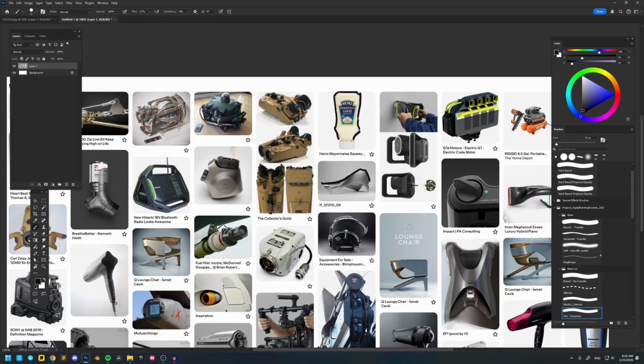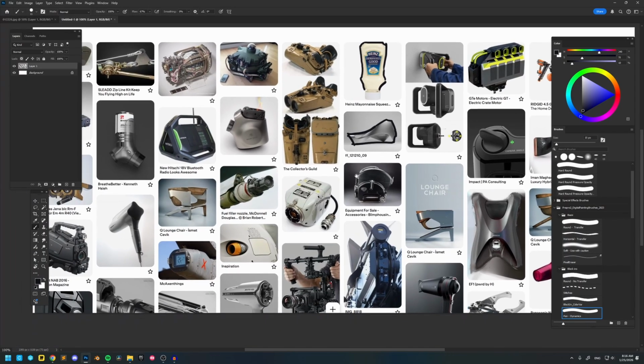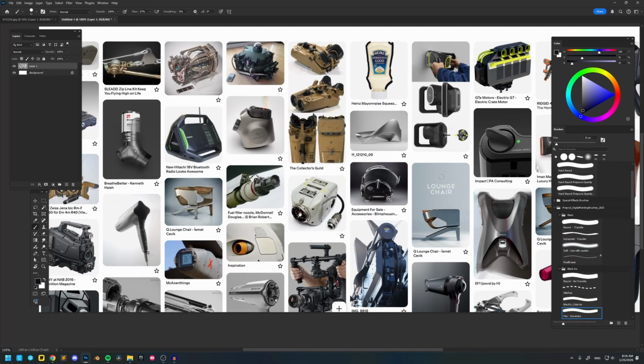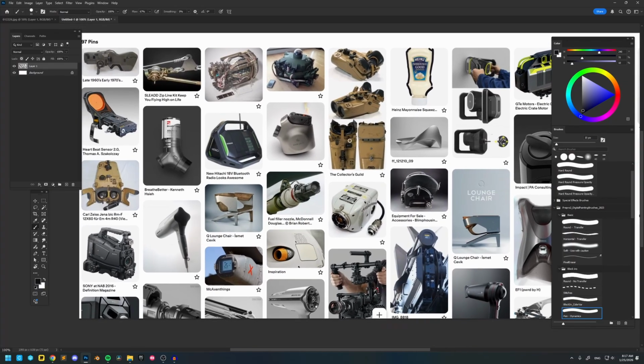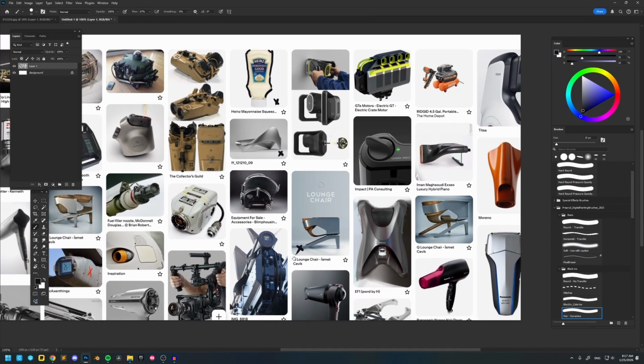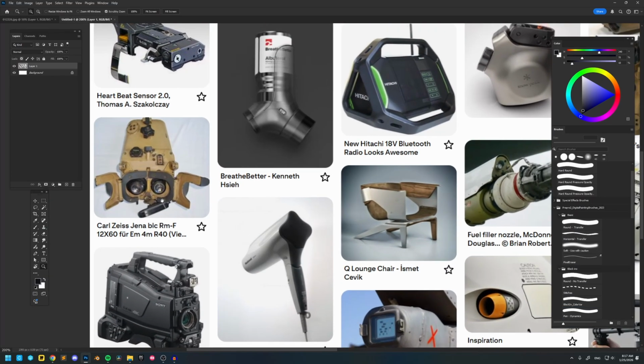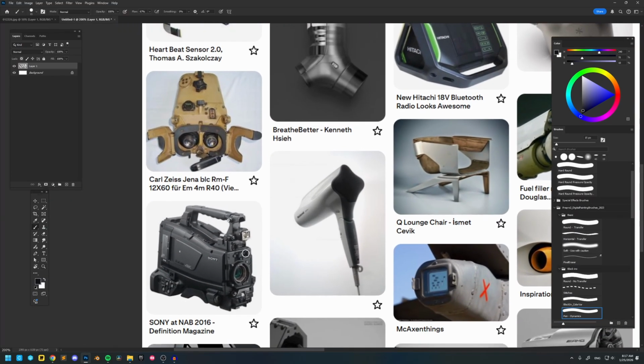Same thing here. This is an interesting shape, but some people just see a chair. Other people see sci-fi ships in it, right? So depending on how strong your visual library is, you can pull these kinds of shape references off. But if you're just starting out, I would go for shape references that have a lot of greeble on them,